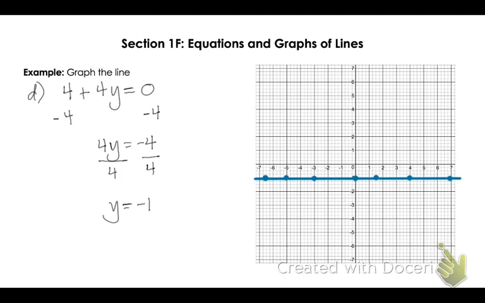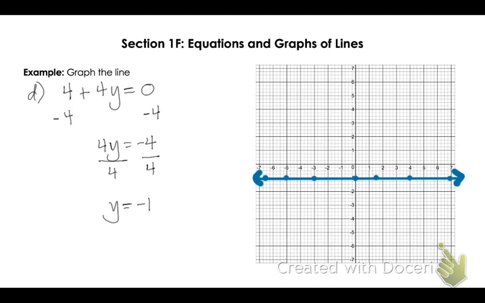And again, you can put the arrows at the end if you want to, or you can just leave it. As long as you don't stop at one of those filled-in dots, then it'll imply that it keeps going. Okay, so that's how we graph it. You want to look at the equation. Can you write it as a y equals mx plus b? Can you write it as an x equals a number? Can you write it as a y equals number? All right,